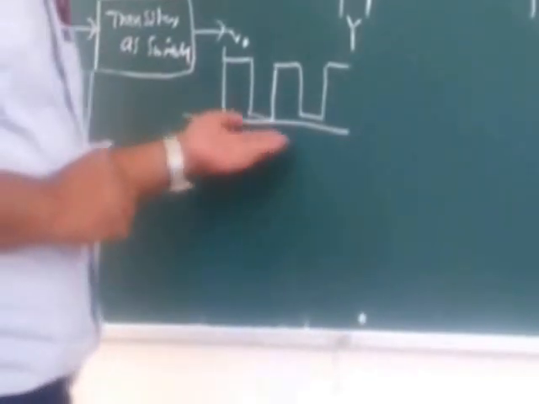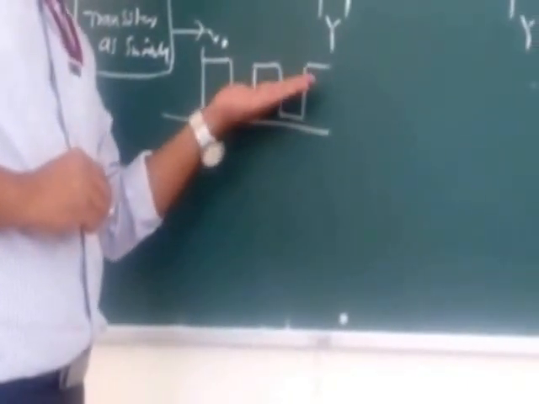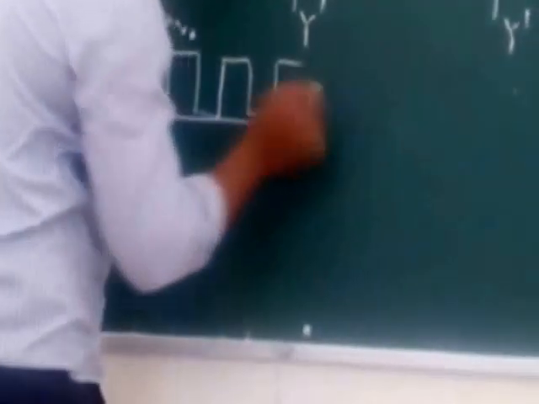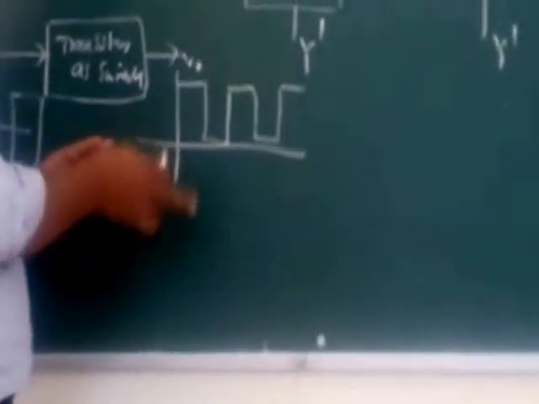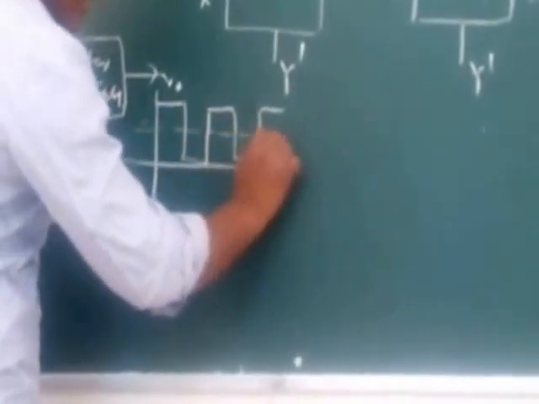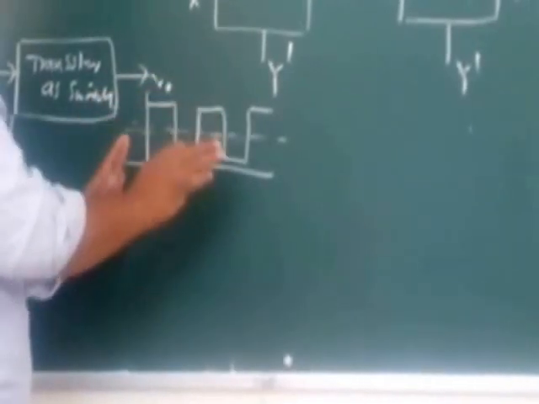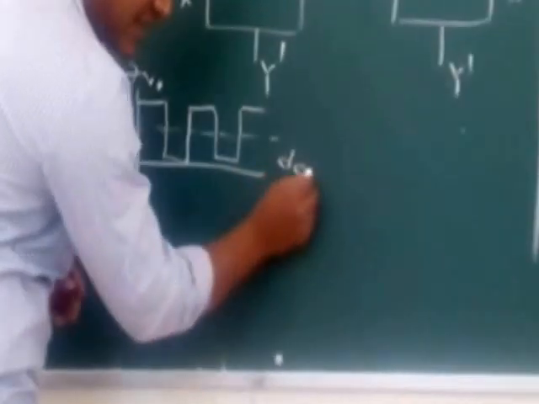But if you see here, the entire signal is above the x-axis only, so there is no negative peak for this signal, and it is said to be a pulsating DC signal. That means it contains AC components and DC components. How much DC is available means this line is indicating the DC present in the signal. That means it has certain DC content. Its DC content is not equal to 0.